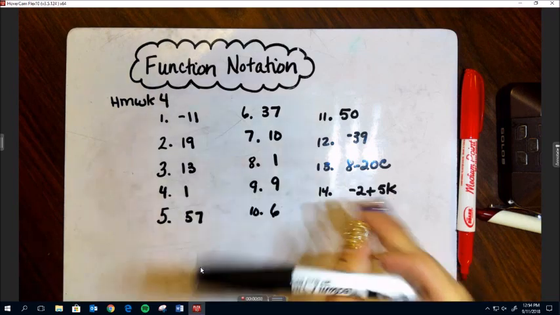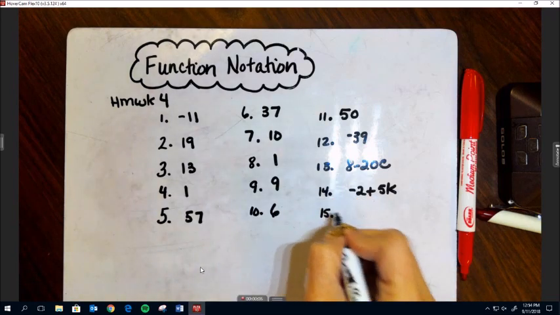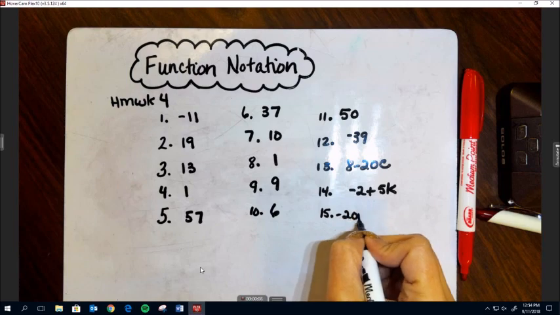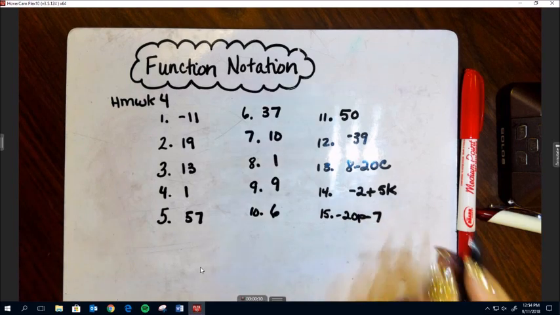Okay, there's 14, sorry. 15 is negative 20p minus 7. All right,